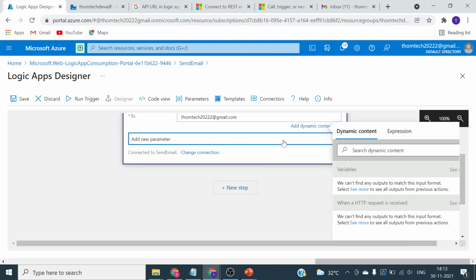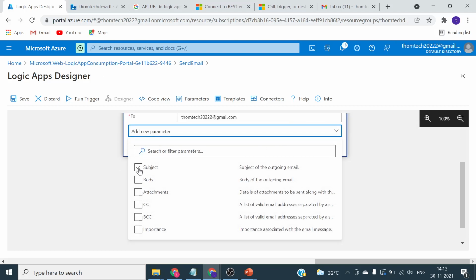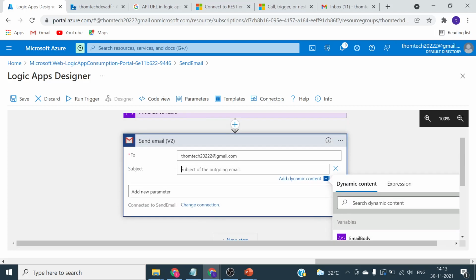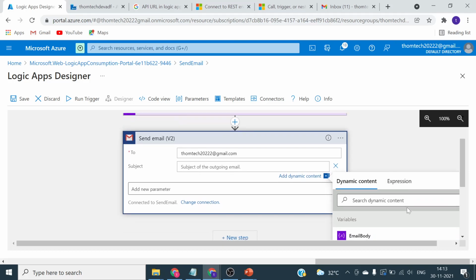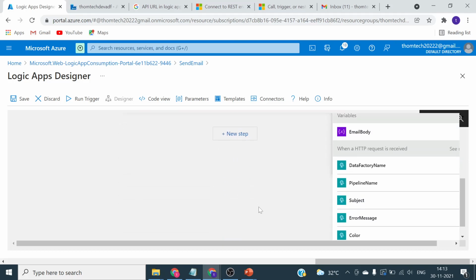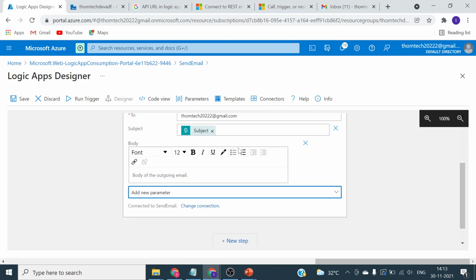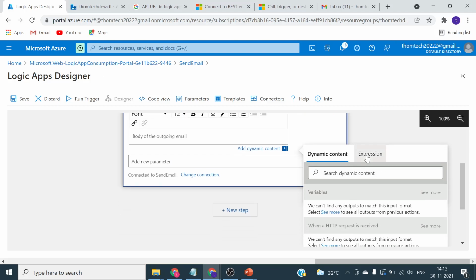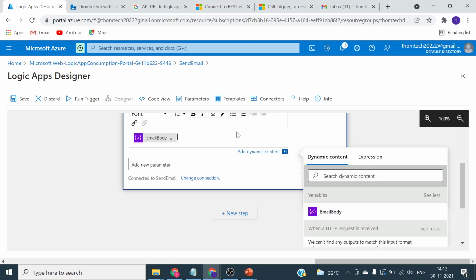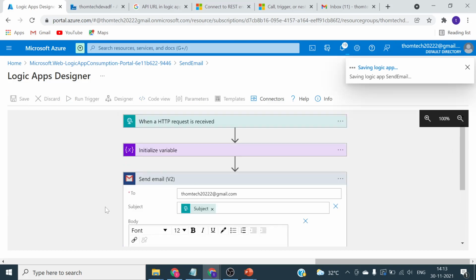Now let's click on this parameter. In parameter, what I want to do, subject, click on this subject. Okay, so what is going to be my subject, click on this subject and pass the values from here. Okay, and in my body, let's click on body. In my body, click on this and get that body value from, let's see, more values, yeah, from this variable that we have initialized in the previous step. Click on that and then let's save it and let's check what comes out of it.